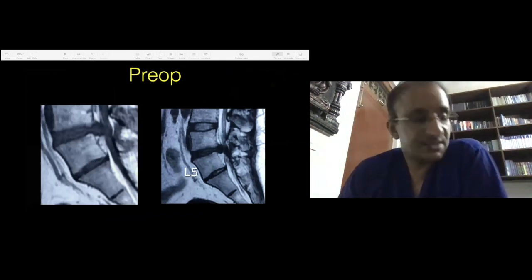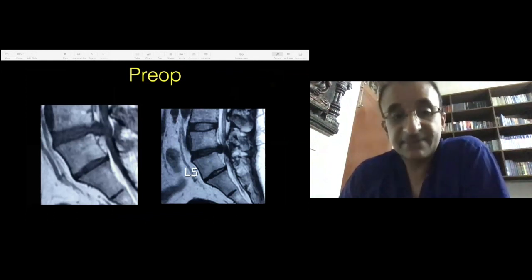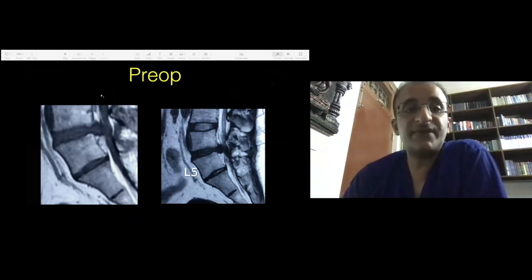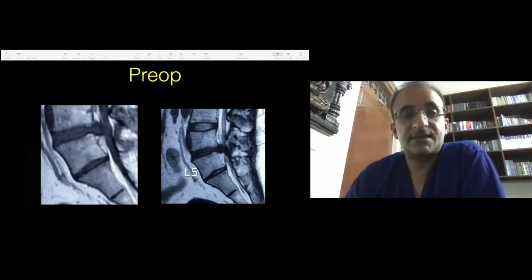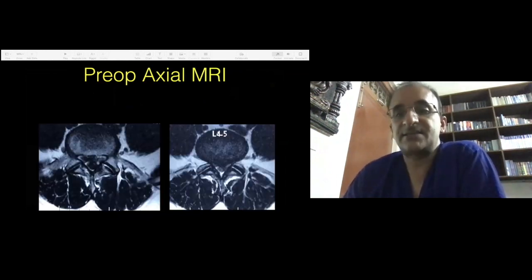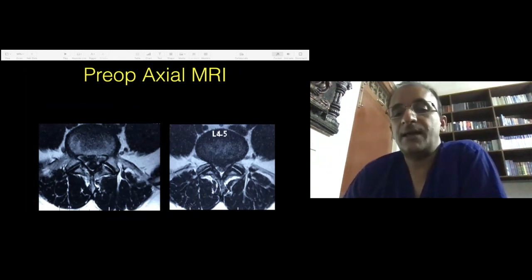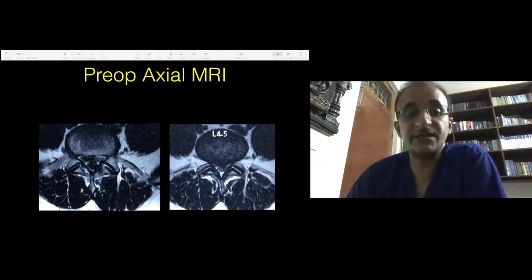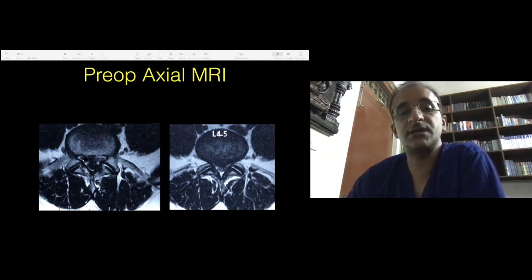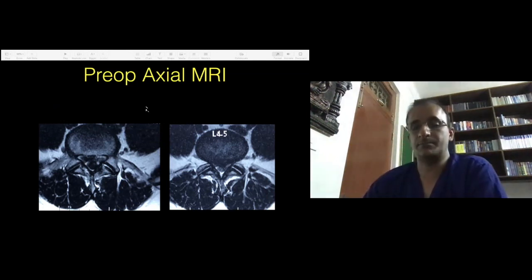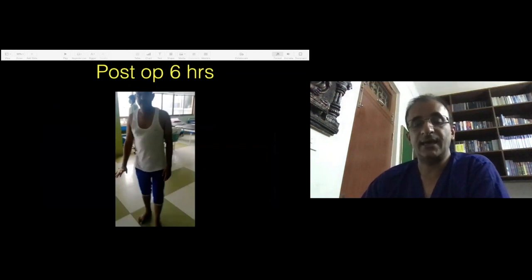Now, this is the last few slides, and I've specifically brought this. There's a large disc. The patient had excruciating pain. Again, he had bilateral pain, left more than right. But I took a left-sided approach, though he had a lot of problems on the right side. And this is